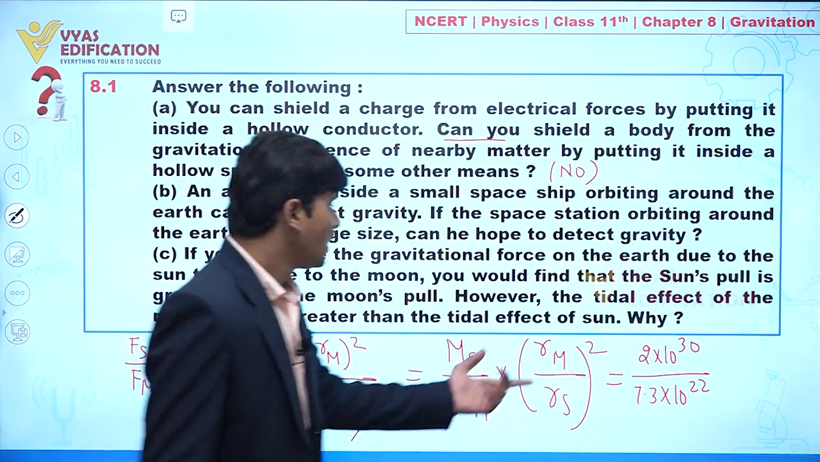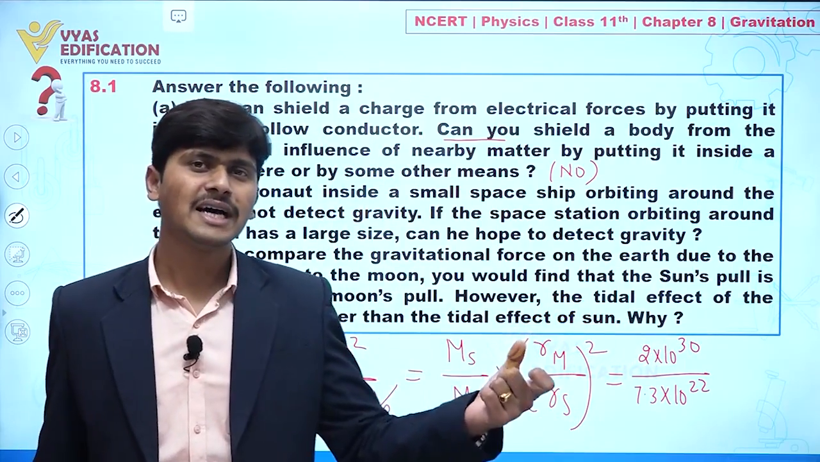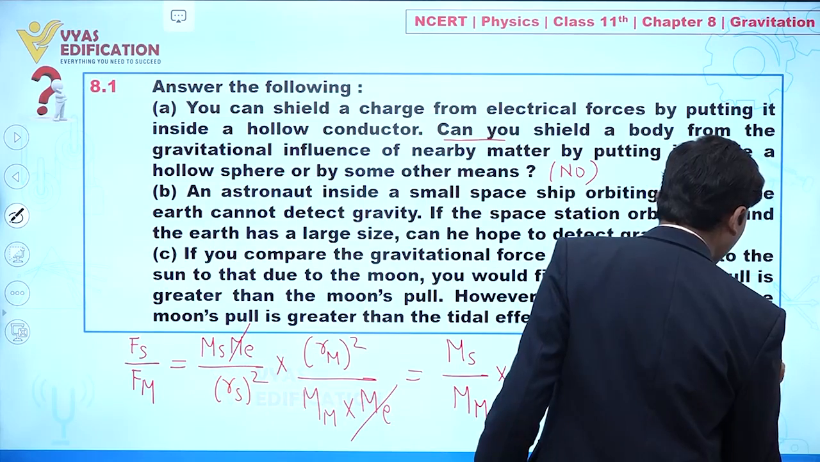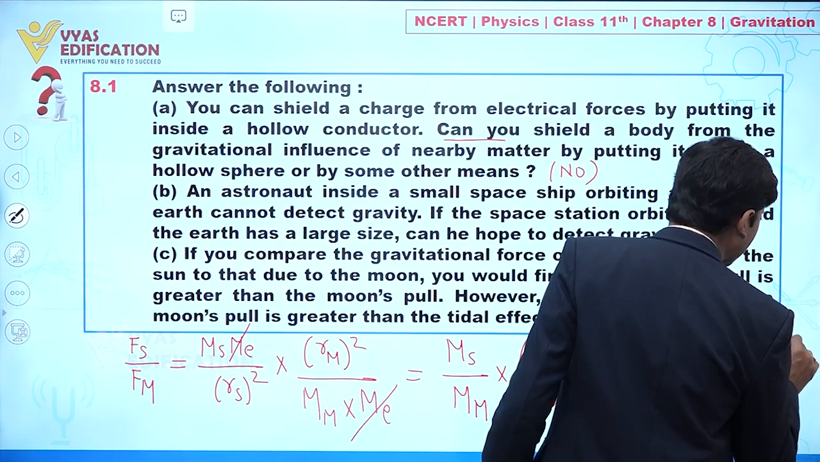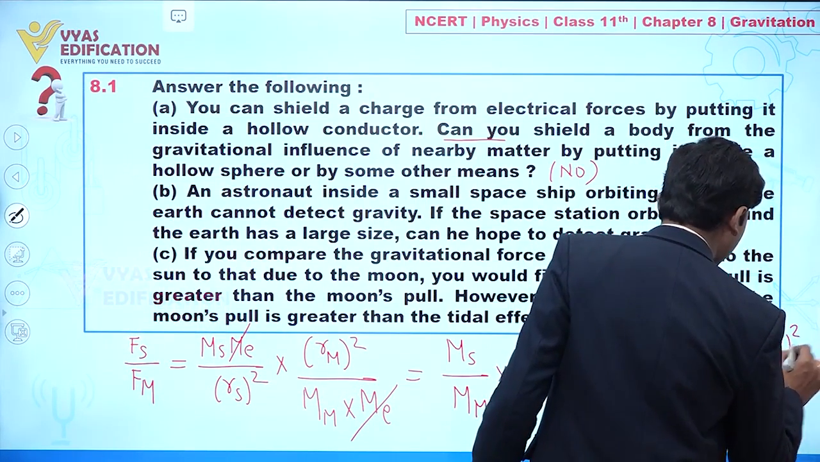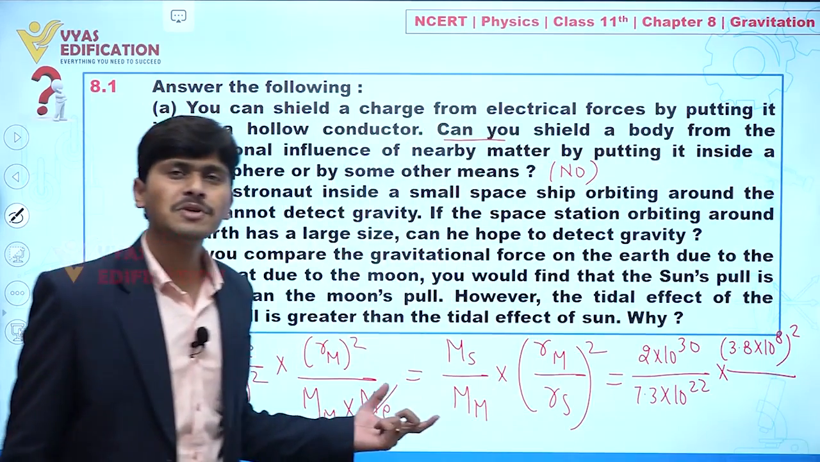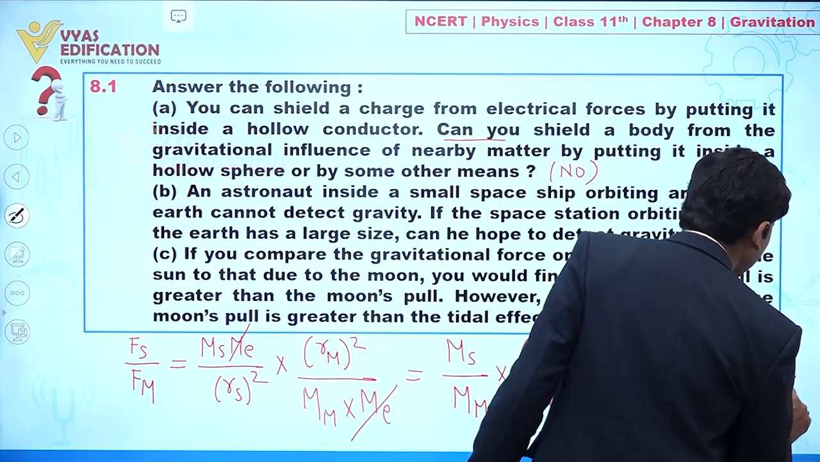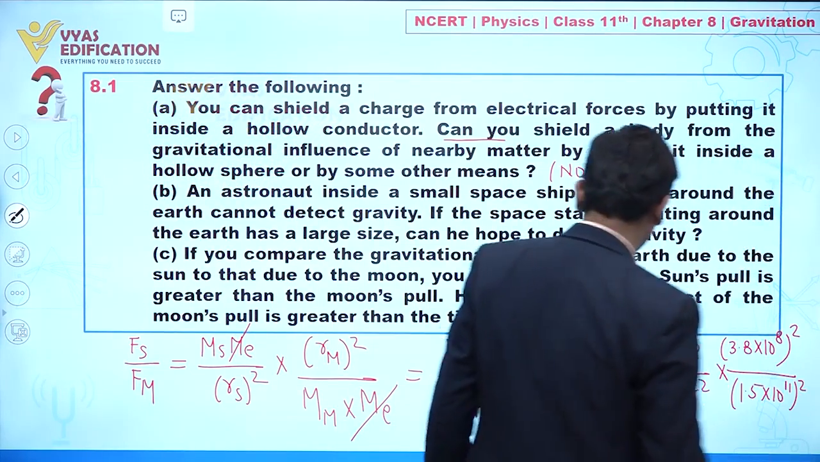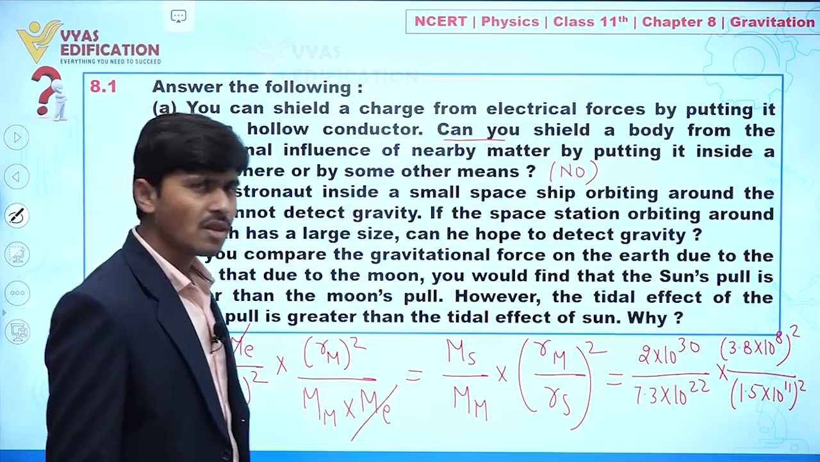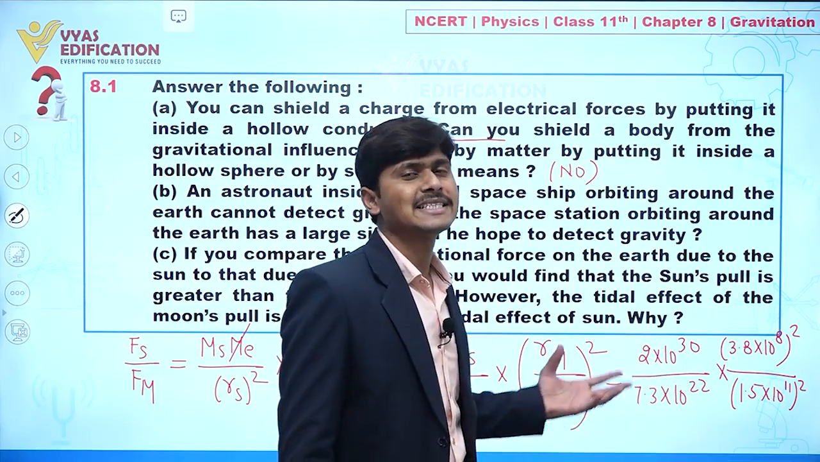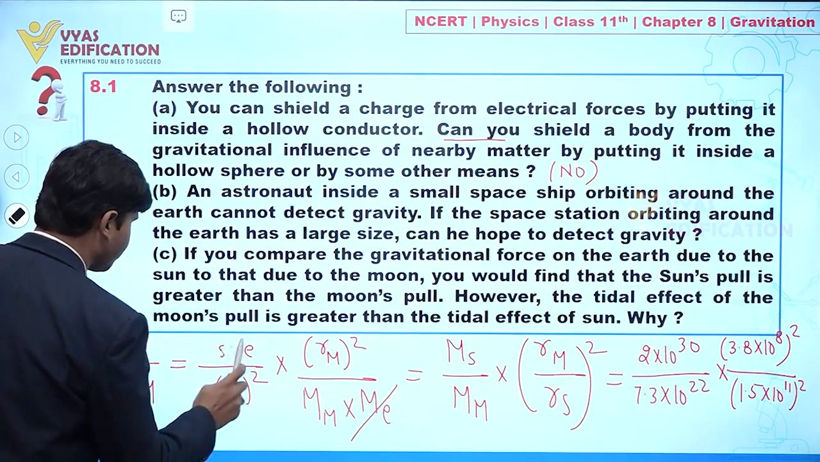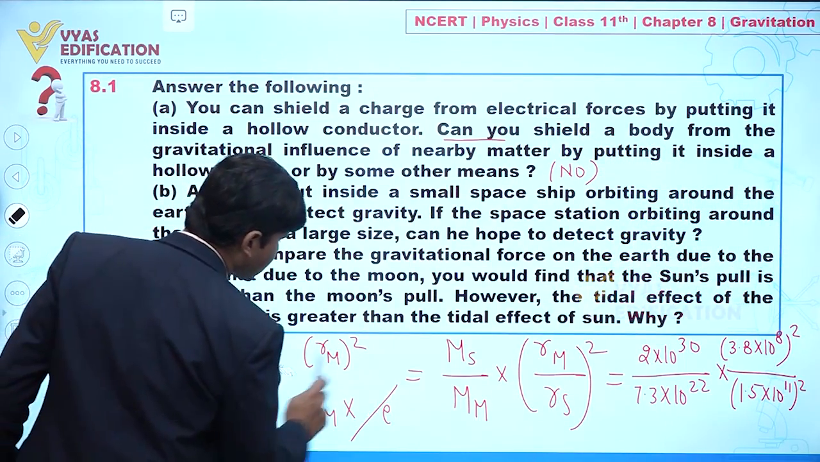Clear? Now if we talk about the distance between the Moon and the Earth, the distance from the Moon is 3.8 into 10 to the power 8 meter. Clear? And the square divided by the distance between the Sun and the Earth, which is given to you as 1.5 into 10 to the power 11, whole square. Clear to you? Now we do not need an exact calculation here. Clear? So if you do some approximate calculation,